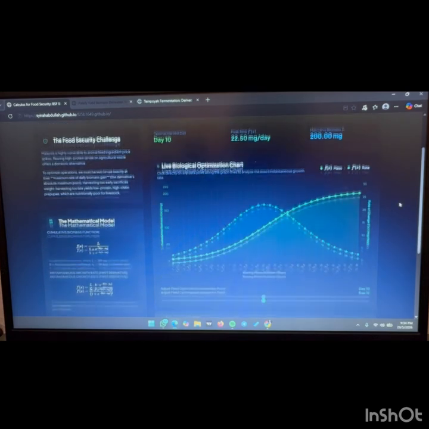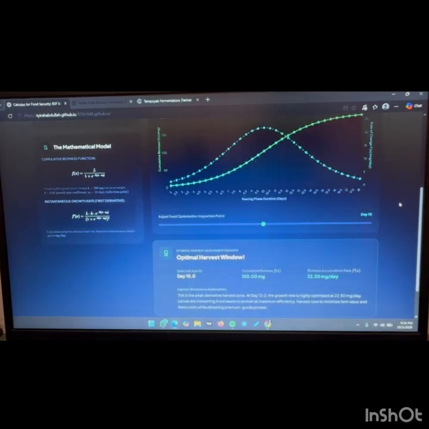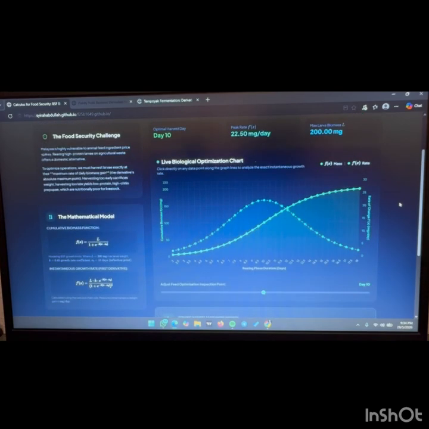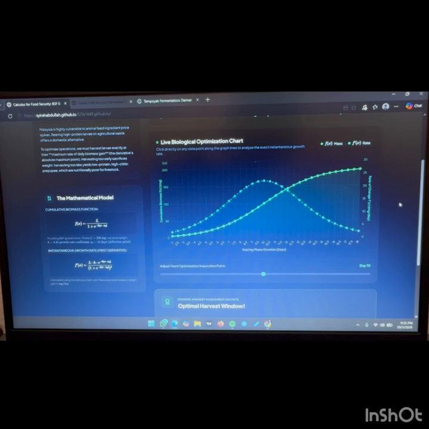However, one important problem is determining the optimal harvest time. If the larva are harvested too early, the biomass is still low. If harvested too late, the larva become purple and the protein quality decreases. So this project uses a mathematical model and derivative to identify the peak growth rate for the best harvesting period.